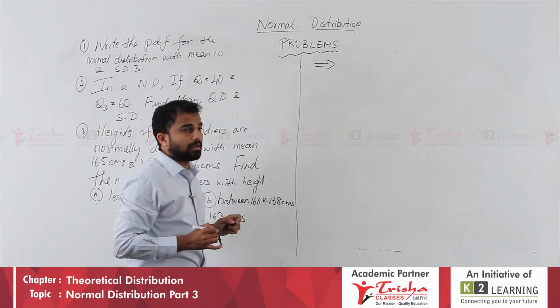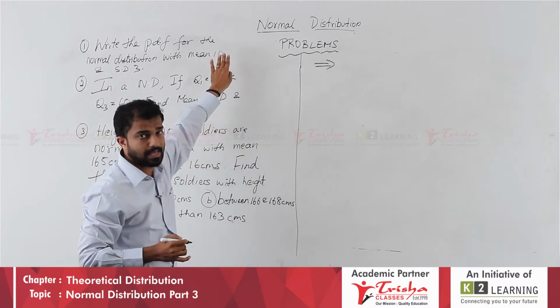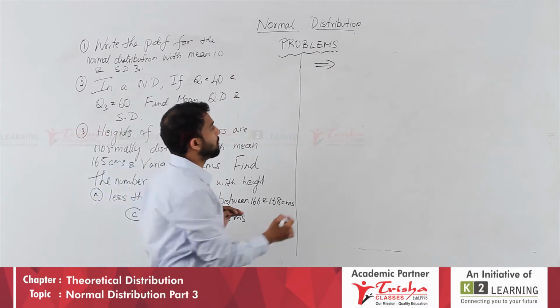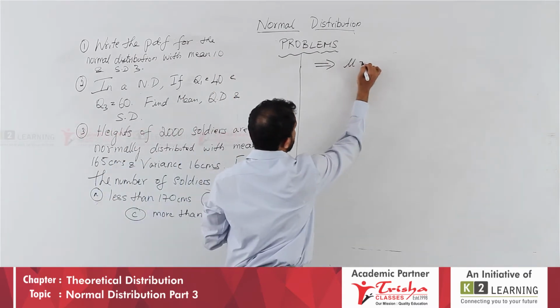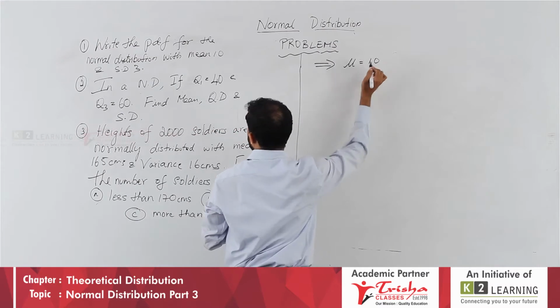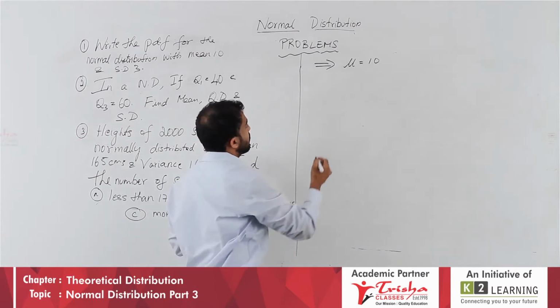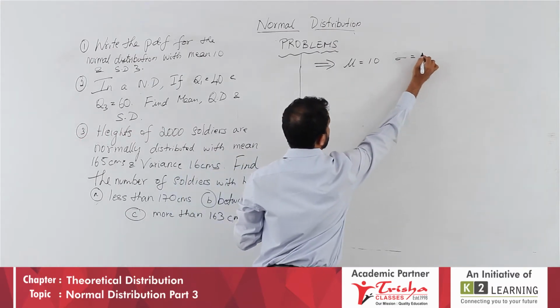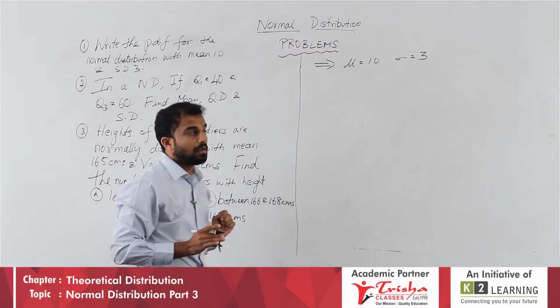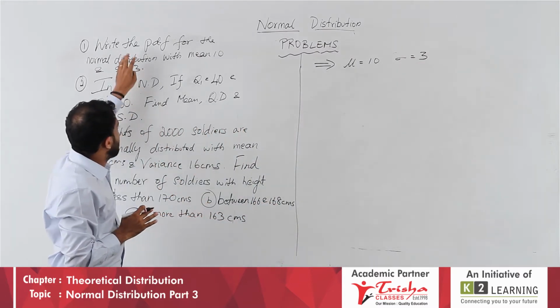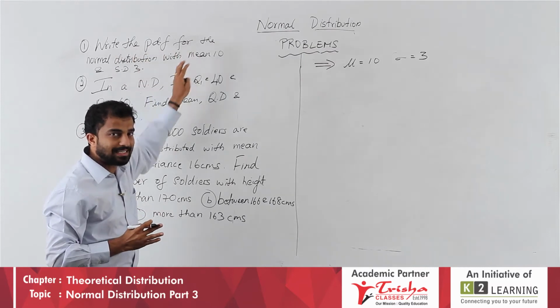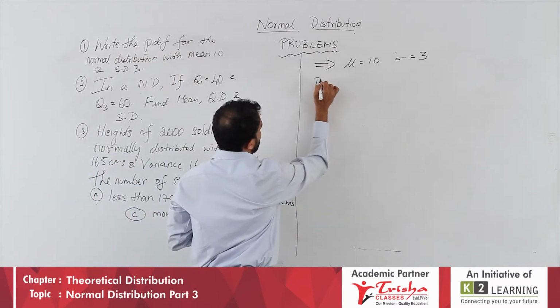Firstly, let us write what is given. They have given mean is 10. Mean for a normal distribution means mu is equal to 10 and standard deviation means sigma, which is equal to 3. Let us come straight to the question. They have given write the probability density function. So we will find out